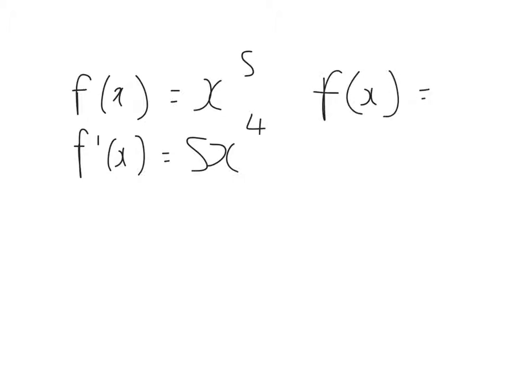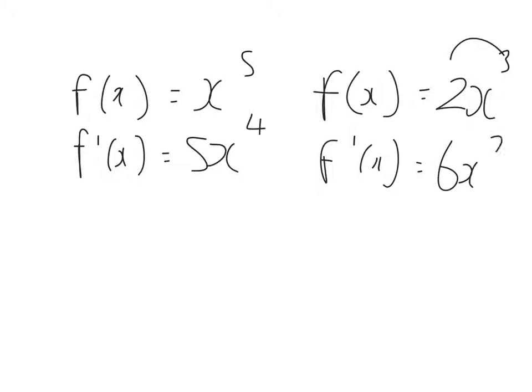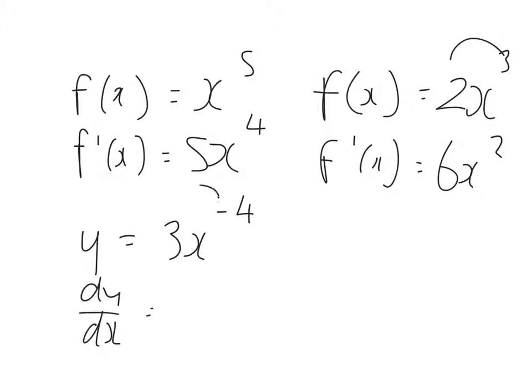Another one, 2x cubed. Bring the power down, multiply, take one away from the power, that will be 6x squared. y equals 3x to the minus 4, so differentiate dy by dx, and that will be minus 12x to the minus 5. We can then quickly bring in